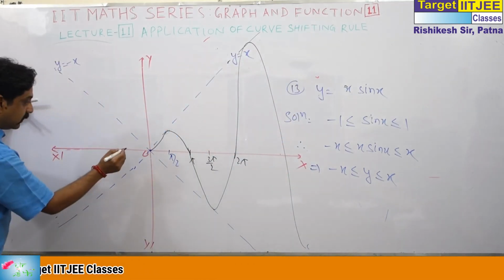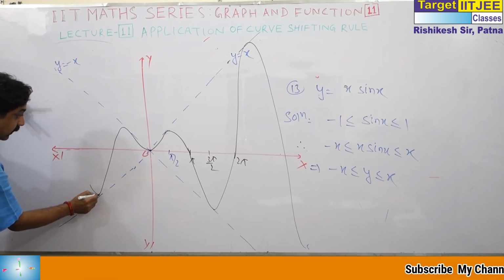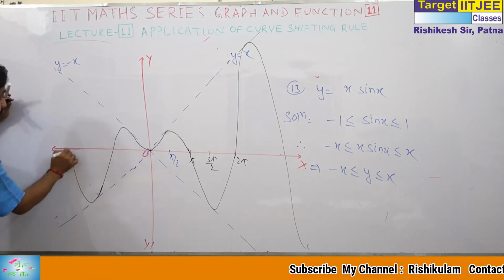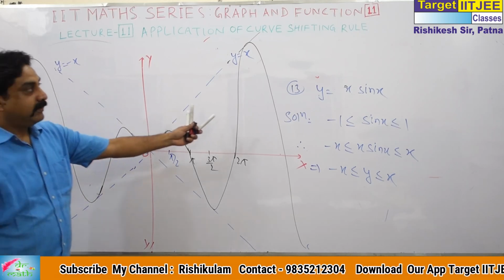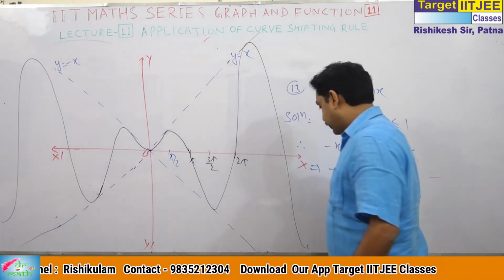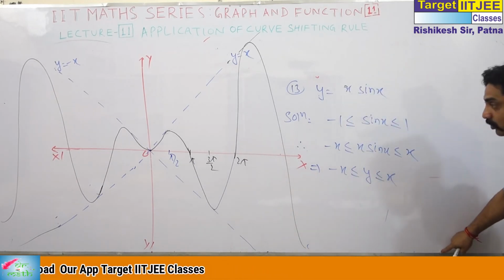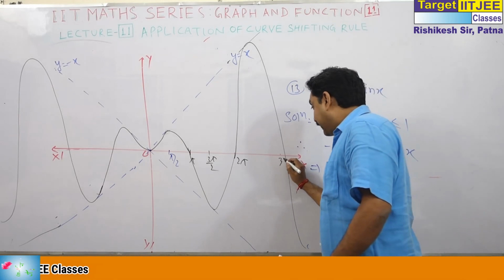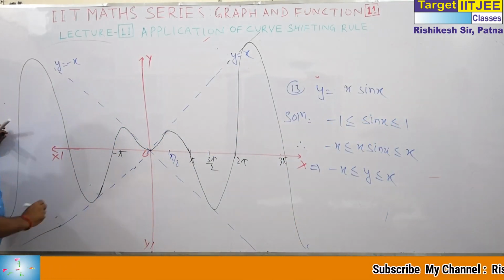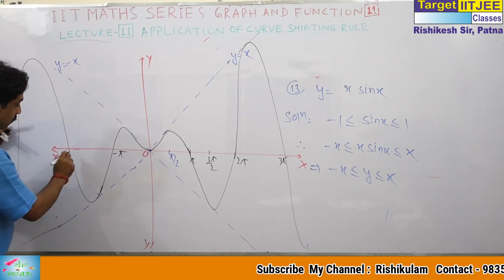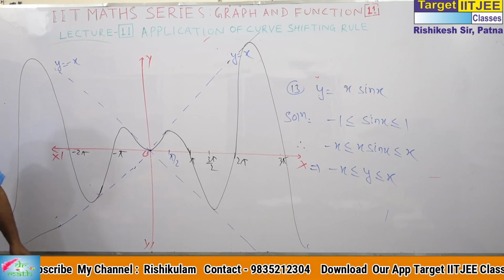If we go in this direction, this is also an even function, so the same logic applies. This will be like this graph. Interesting. It lies between this and this. You can go on, increasing on and on. It touches y is equal to x, touches y is equal to minus x, and at n pi, means at pi, 2 pi, 3 pi, minus pi, it will cut the x-axis. So this is an interesting graph, y is equal to x sin x.